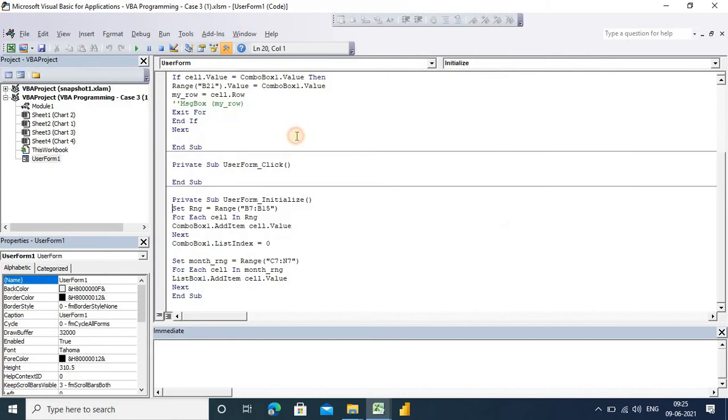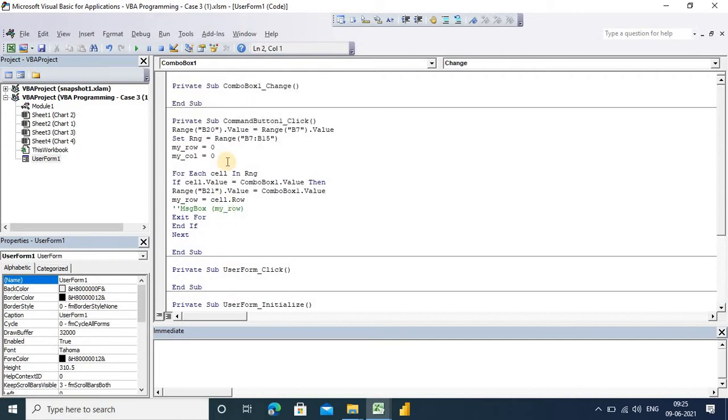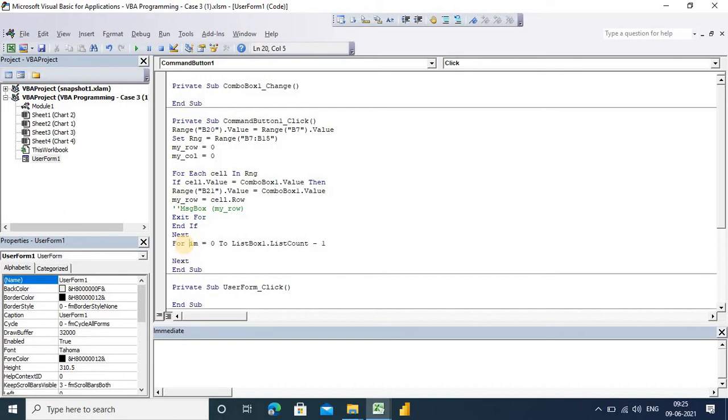So what we'll have to do here is, in this command button, IM is equal to... IM is a simple variable, you can put any name... 0 to ListBox1.ListCount minus 1. Next, so we are reading all the list box data one by one, and if I find anything,